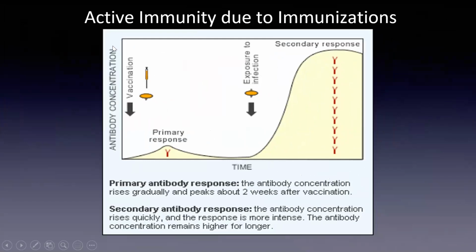On this graph, you don't have to make it a rectangle or whatever, but on your y-axis, on the left here, is your antibody concentration or number of antibodies that your body has. And on the x-axis is time. So your vaccination occurs here, right near the beginning of time on this graph, and your body will have a primary response, and those letter Y's are antibodies, these red little Y's.